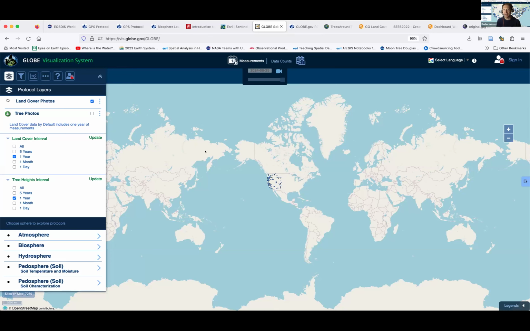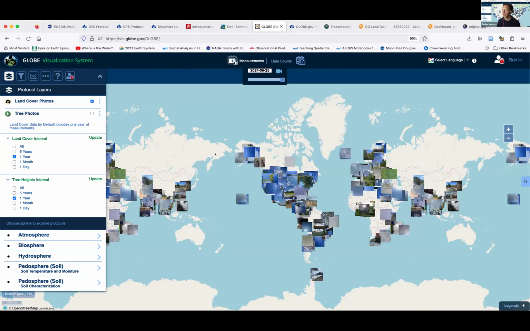One of the things that we need to always be careful about, whether it's coming from Globe Observer or whether you're entering your data in through the Globe data entry system, is we always want to double check our latitude and longitudes.